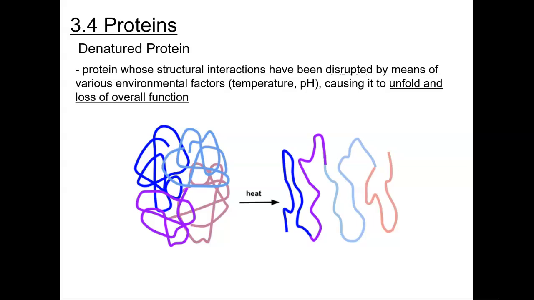So here you see a proper functioning protein to the left. You added heat, it unfolded it, and you see its nonfunctional shape over to the side. So it lost its overall function. Shape equals function in proteins. So if it loses its shape, it loses its function. You can do this